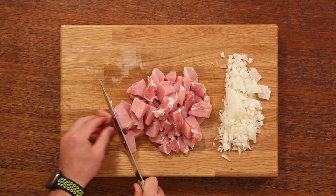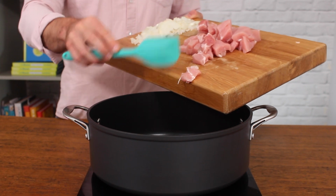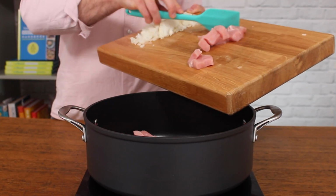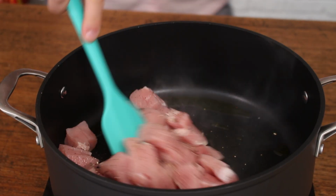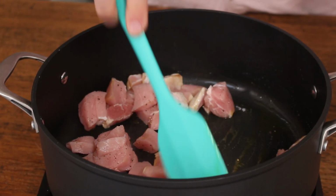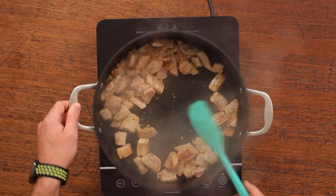Then you're going to heat a large pan with a little bit of oil in it on a high temperature, and we're going to brown that pork and add some colour to it. It doesn't need to be fully cooked through at this stage because it will cook fully when you make the sauce. The point of this is just to add some nice colour to the outside and give it a nice flavour. So give that a couple of minutes on a high heat, make sure you stir it, and then remove